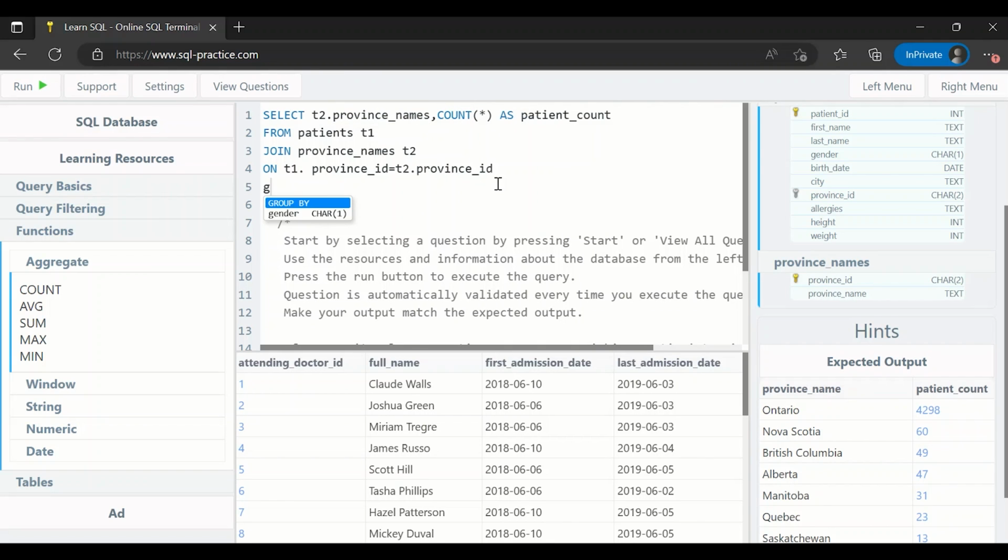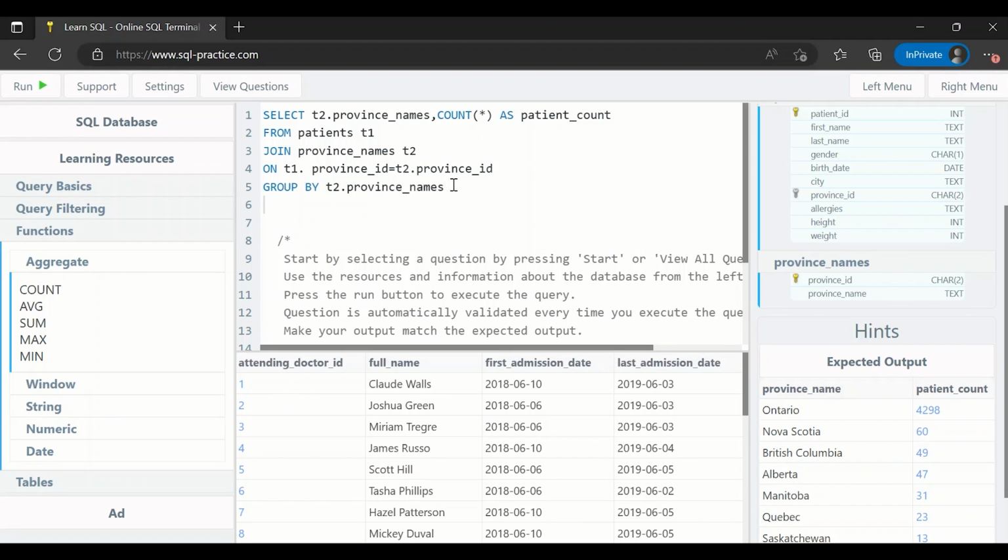Now we have to sort this, or before that we have to group them, right? So group by province names, right? Or we can use province underscore ID, because rather we have to group. Ultimately we have provided this, right? So we can use T2 dot province names or T2 dot province underscore IDs, whatever you want. Order by